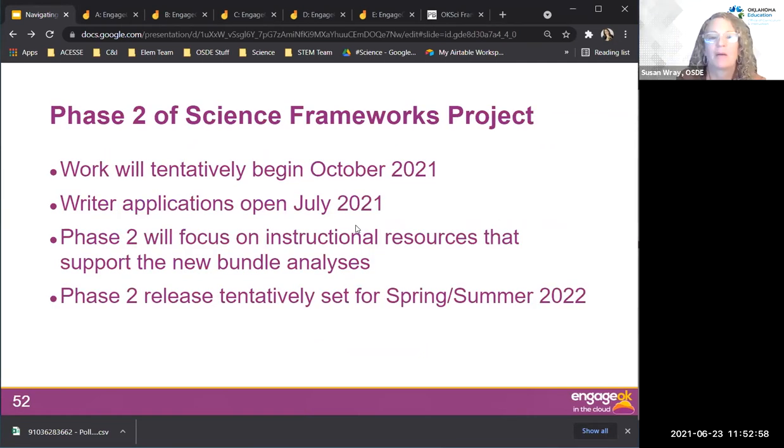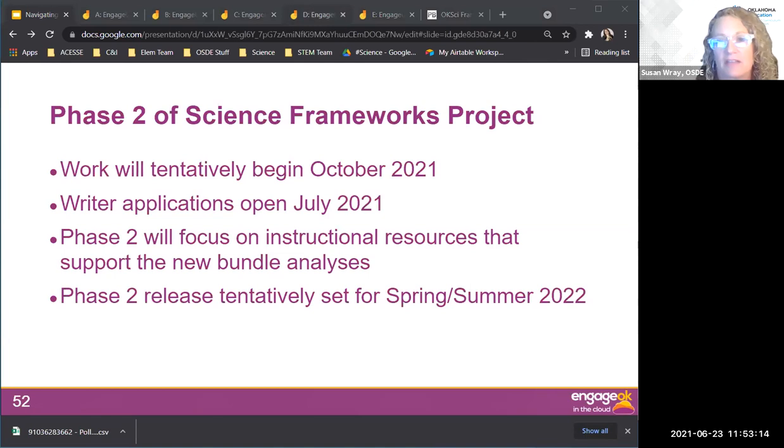Okay, very good. Before we actually move on to talk about the next steps in frameworks, I personally want to take a moment to thank Heather and Donna for their diligent work the last 3 months in phase 1. They put in so much time and effort, and I think it's important for us to thank them for that work. This resource really supports all science educators and leaders across our state and sometimes other states as well. So thank you so much.